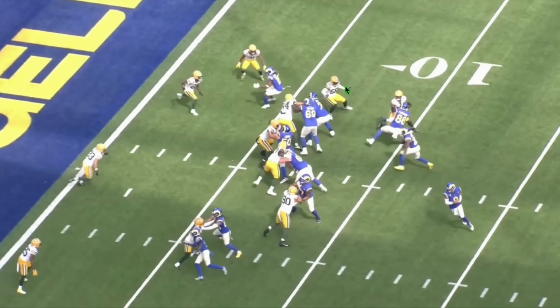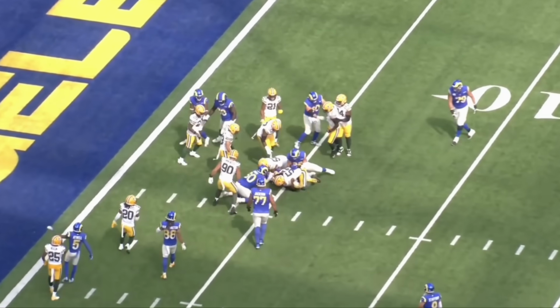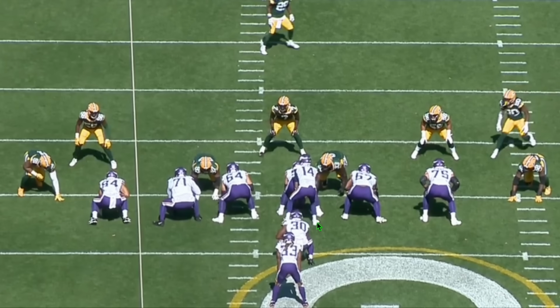I can't tell you how many times rookies in this situation freeze, they're slow to react, or sometimes you see veterans too, where they just throw their bodies in weird situations. Edgerrin Cooper's a great athlete, comes across, makes a play. Nice work. All right, going back to the Minnesota Vikings game from a few weeks ago, you can see Cooper